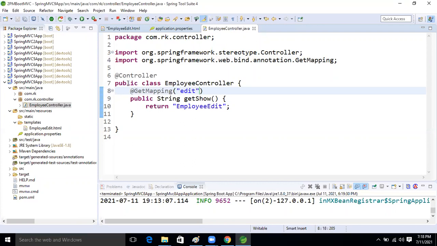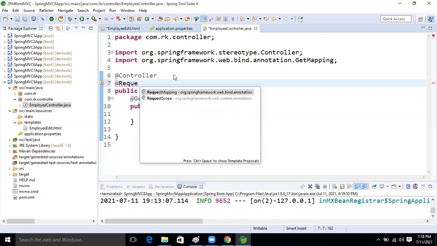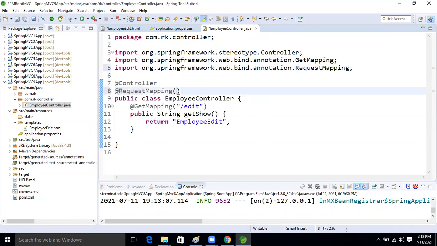URI edit. And then in this time I'm taking at the class level also, RequestMapping. Request mapping, inside that I'm taking /employee, right? Okay, so this is our controller class.